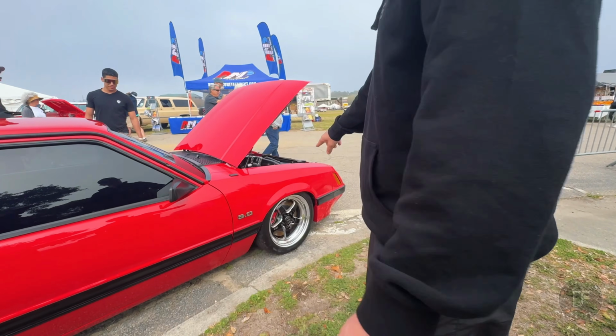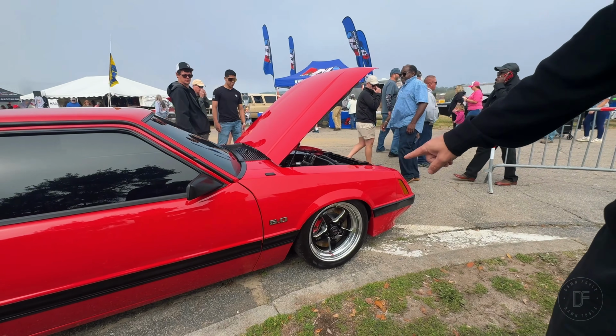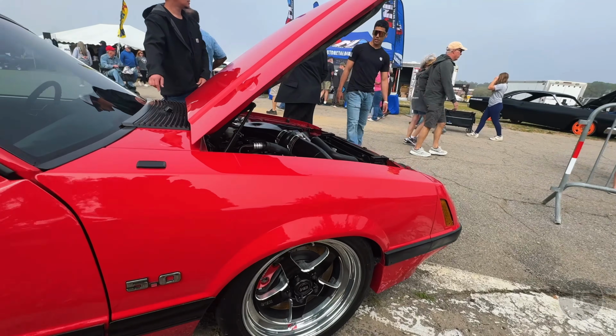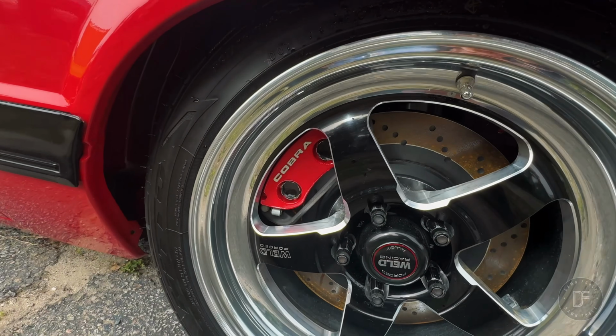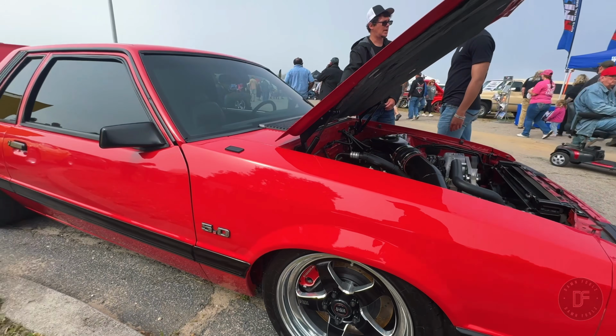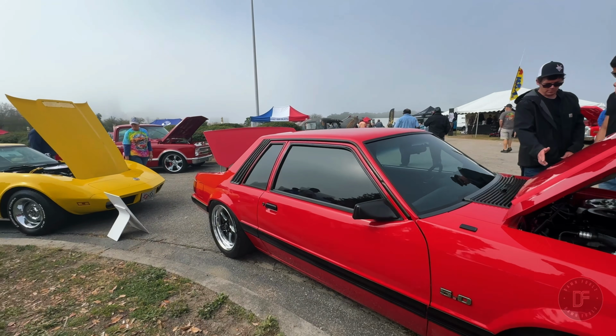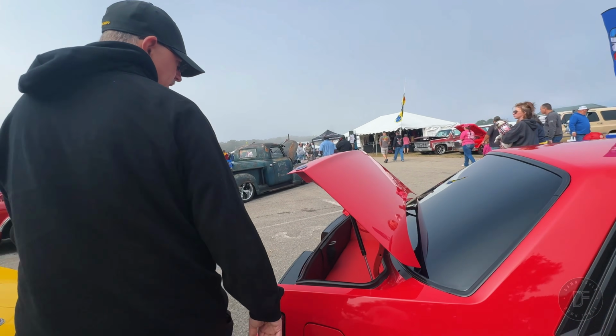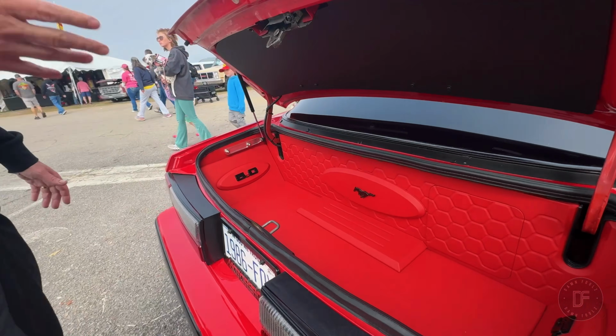These cars have the Cobra brake calipers, the original Cobra brake calipers, and I actually found a guy that had some NOS calipers on Marketplace that I bought and had installed when we did the 5 lug swap. Disc brakes on the rear as well. As far as the trunk,